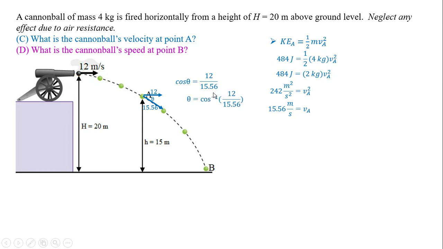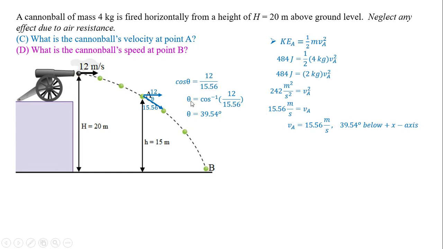To find theta, take the inverse cosine of both sides, which makes it cosine to the negative 1 of 12 divided by 15.6. If you punch that in your calculator, you get 39.54 degrees. So here the proper way to say the answer to part C is 15.56, which is the speed. And you have to provide the direction, being 39.54 degrees below the positive x-axis, or you can say 39.54